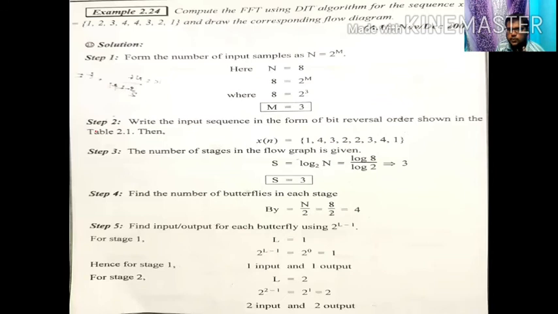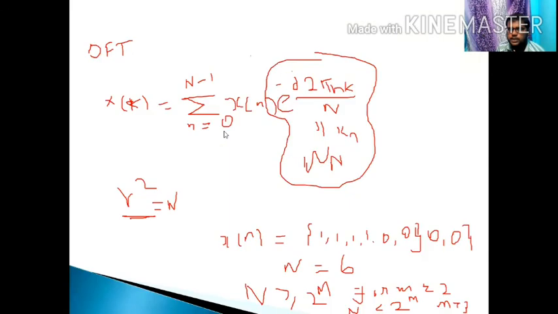So next we go for second step, step 2. So in stage 2, you have to write down your input sequence. So in DIT, the condition for DIT is the input sequence should be in the bit reversal order. Output sequence should be taken in the natural order. Okay, so input sequence should be taken in bit reversal order. So the name itself, you should understand. Bit reversal means here the bits should be in reversal order. So suppose this is 8 point DFT, no? So here 8 point DFT means